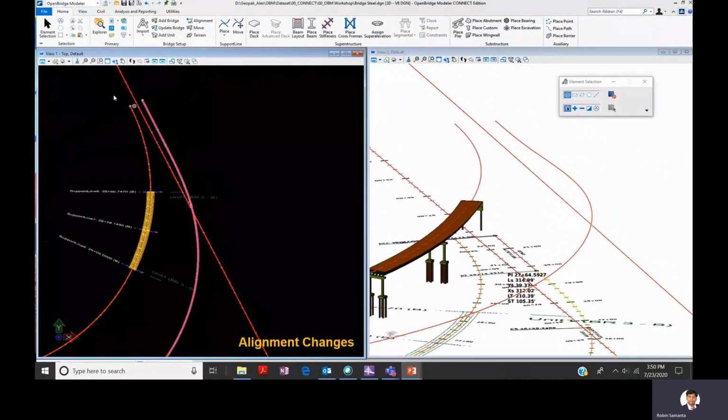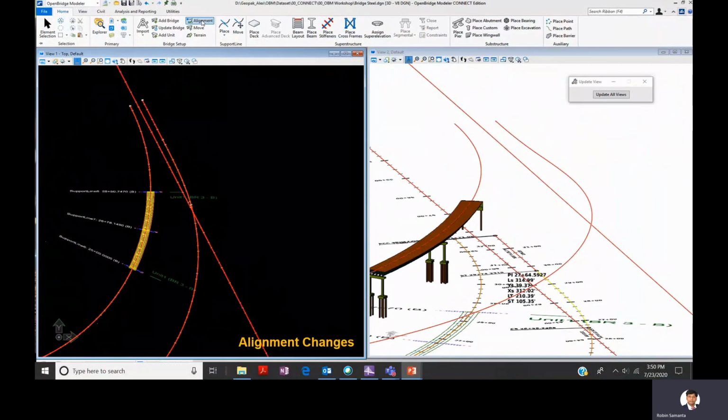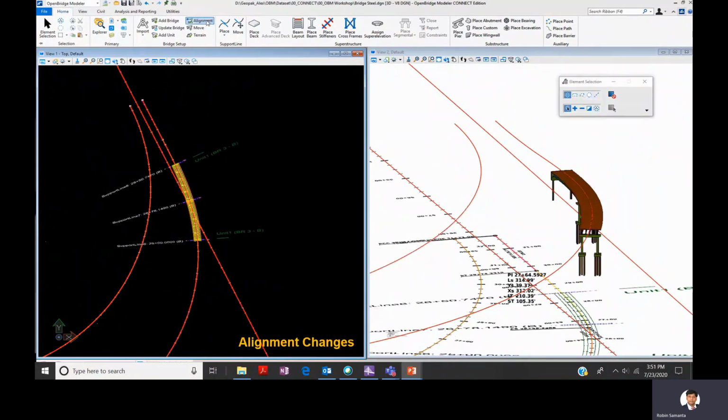And then if you need to place the bridge in a completely different alignment, that is also not an issue. You can remember that while we are placing the bridge, we are assigning it to a certain alignment. Now we are changing that alignment. Now you can see that the bridge has been changed to a completely new alignment, and that is by just a click. So the idea is that it is linked to your alignment line. You can do whatever modifications are required from the highway side very quickly. And also you might have seen that the shape of the bridge automatically follows the alignment line. So that's the idea of parametric modeling, and you should take advantage of it, right?